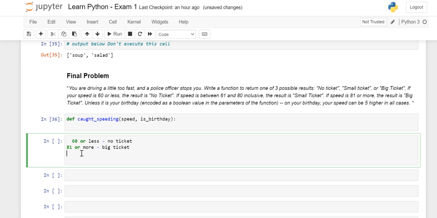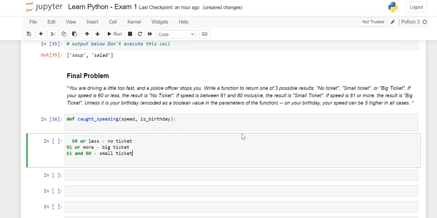When you're writing code, you need to consider the values 61 and 80. They are inclusive. It means a small ticket. So we got our three cases. In our if-else statement, we need to frame these values, correct?